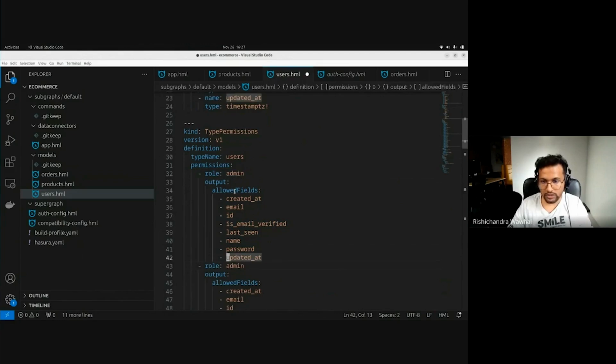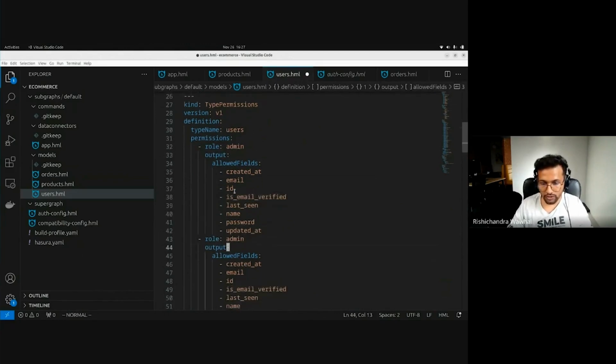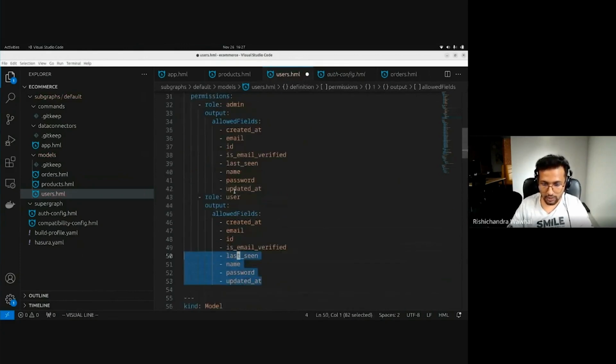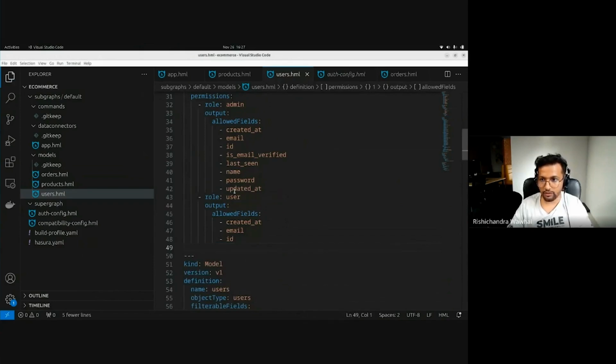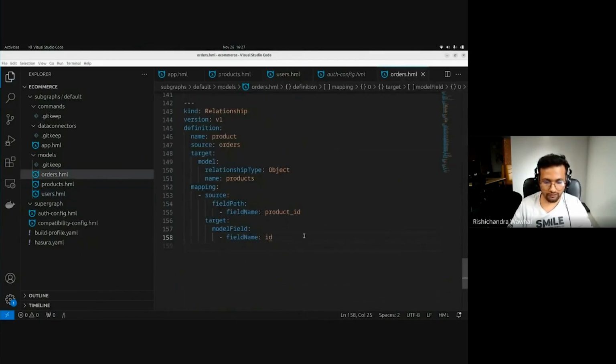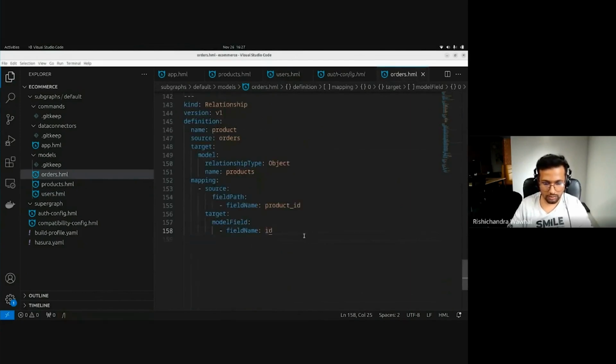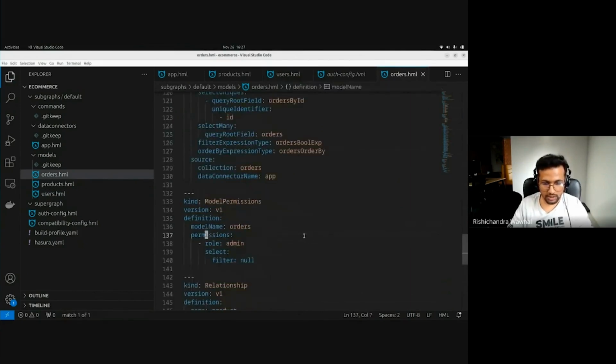Similarly, there is type permission, which allows us to restrict which fields the roles can query, right? So for admin, all fields are allowed, but for role user, I only want to allow ID, email, and created at. And that's what I'm going to do. And similarly for orders, I want to have model permission, set that